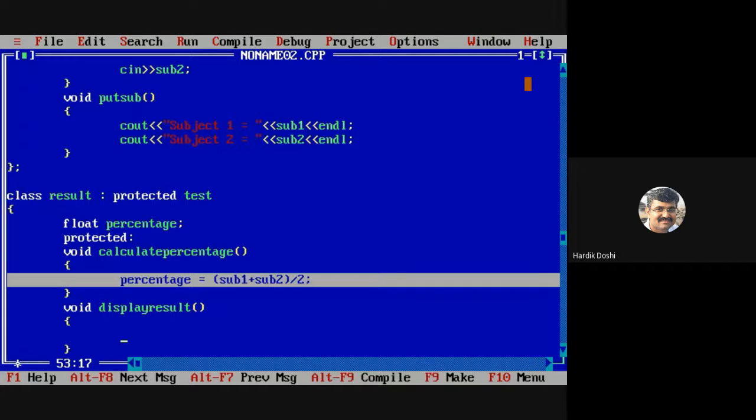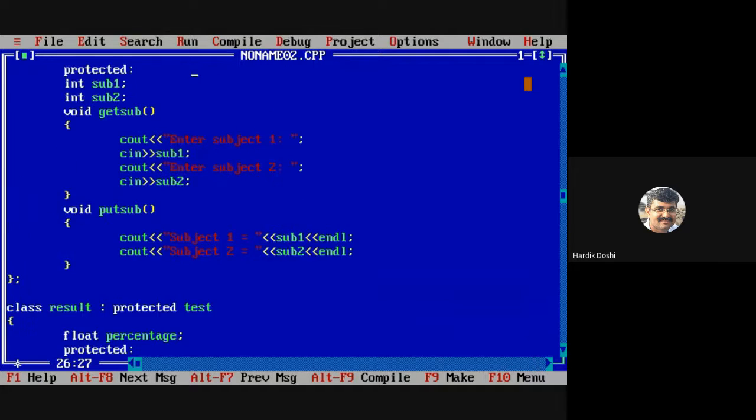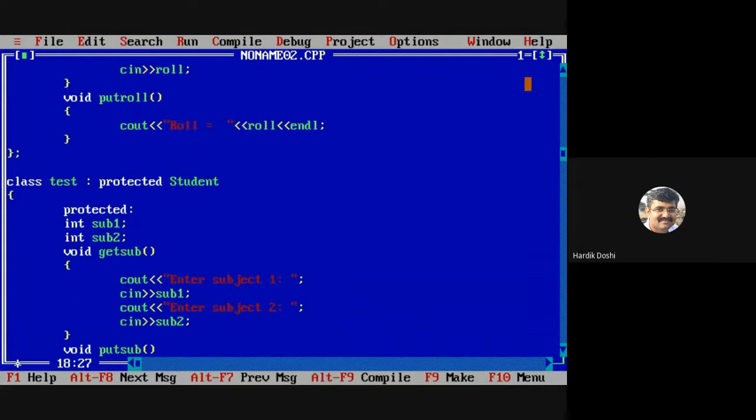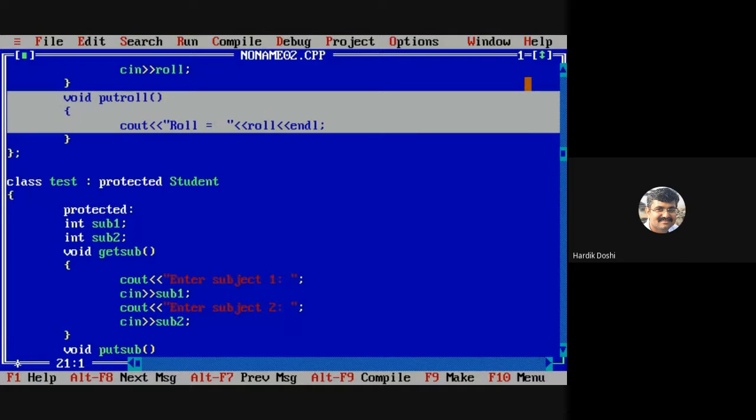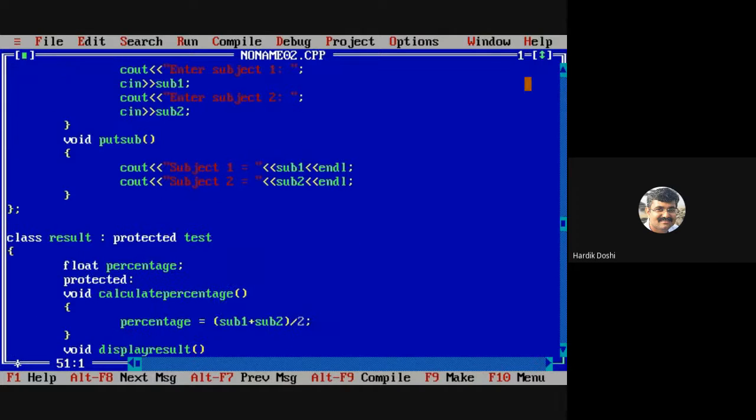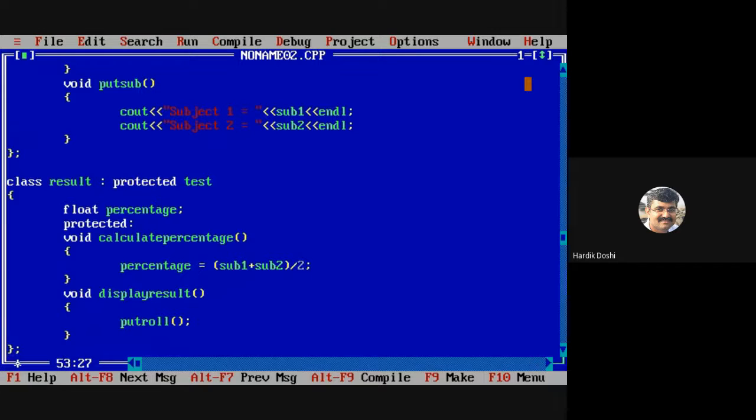Okay, so how can I print the roll number? Can I call put roll function from here? They have written put roll. Can I not call it there? Okay, then can I call put sub?